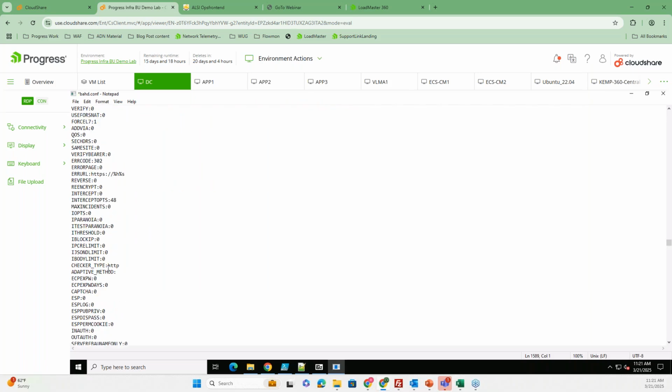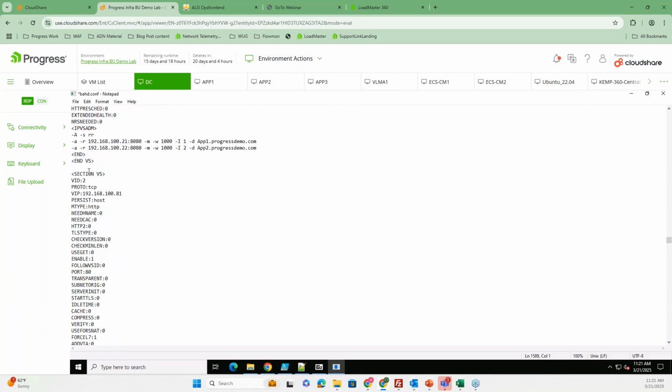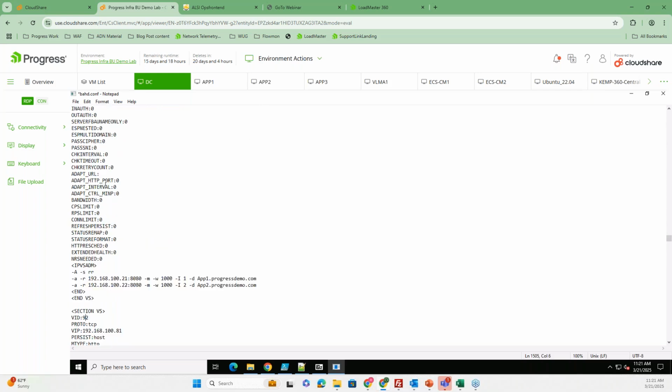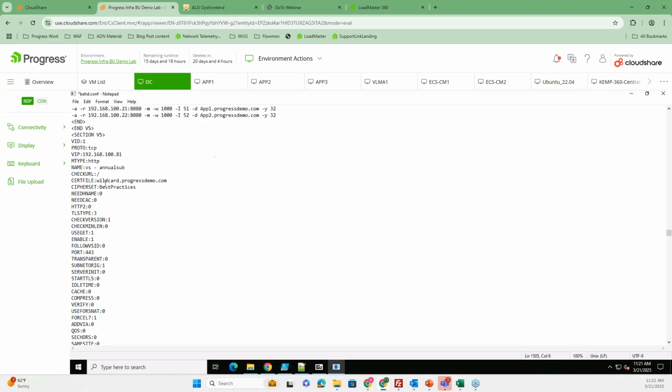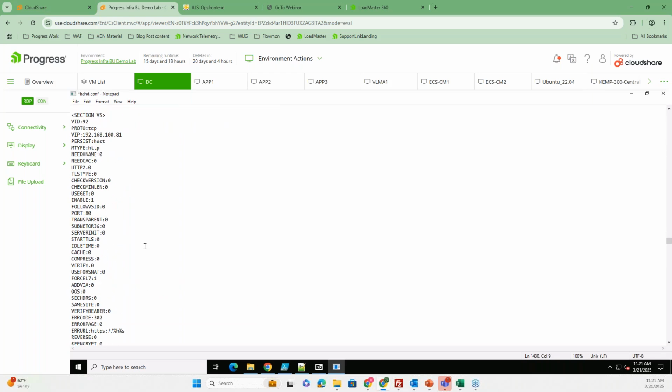There we go. And I'm going to change my ID to 92 right now, just for the sake of it. 92 and 91, because I know there's no ID yet. And I want to make sure these are disabled because I have them running already on the other machine. So I take the enable, change it to 0. There as well.